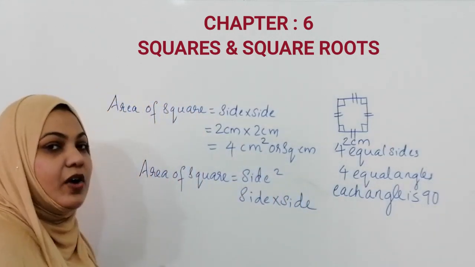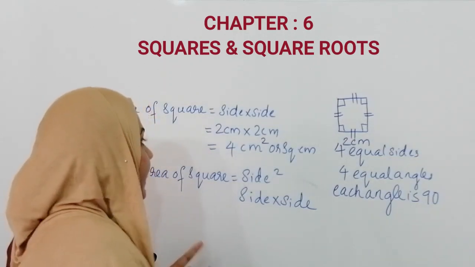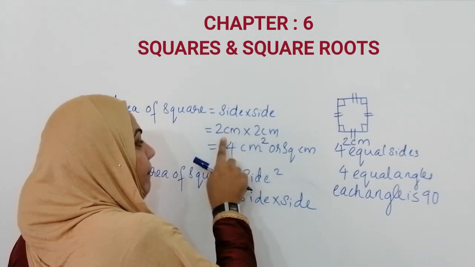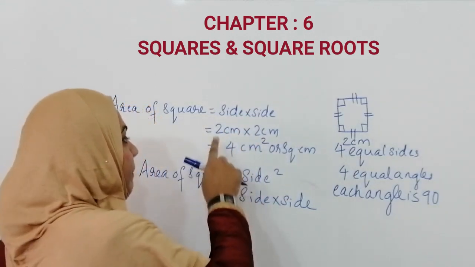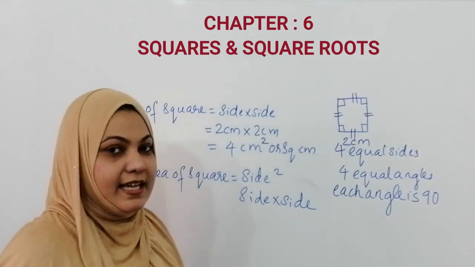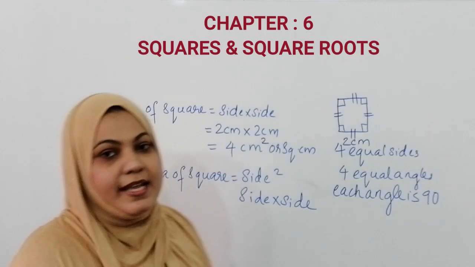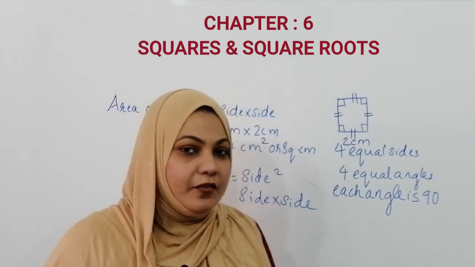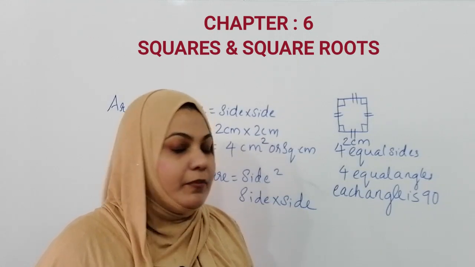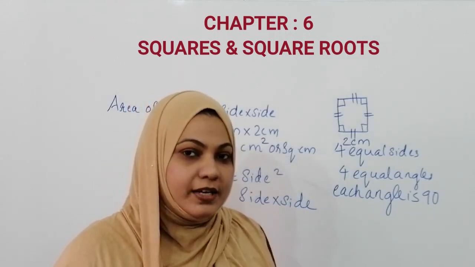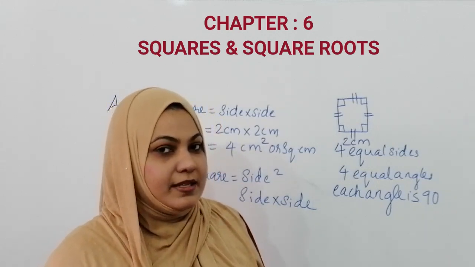So here actually what are we doing to find the square of a number? Primarily we are multiplying a number by itself. So what is the square of a number? A number multiplied by itself, we will get the square of that number. Actually in this chapter we are focusing on the importance of squares and square roots, but we are not focusing on the geometric figure like a square. So let's start with some examples.